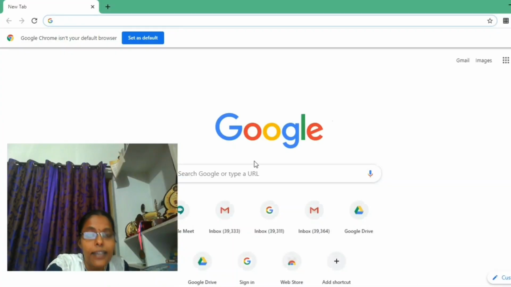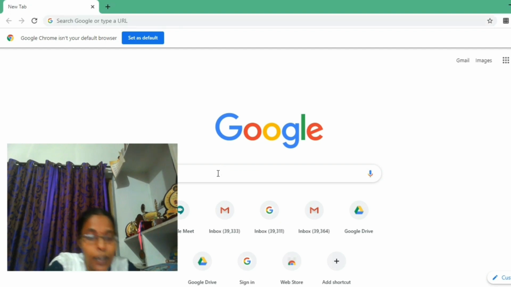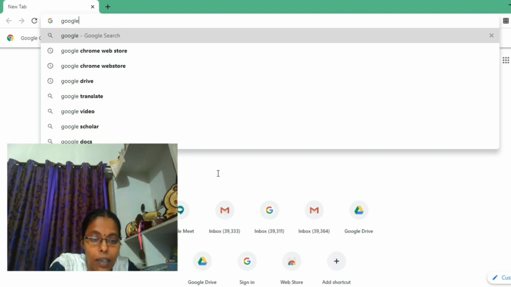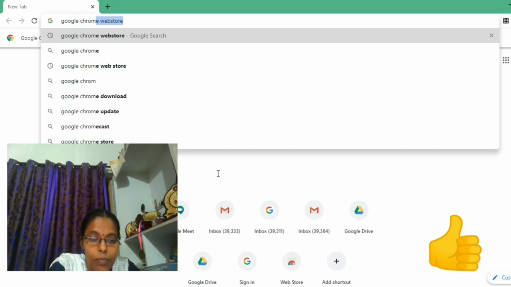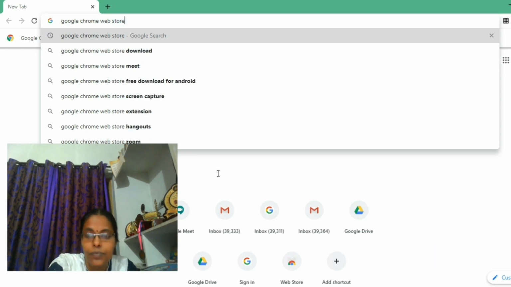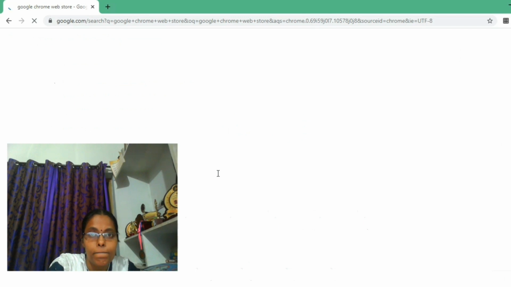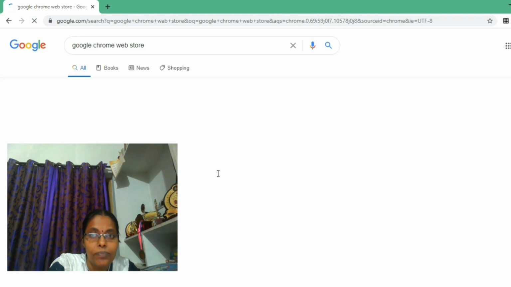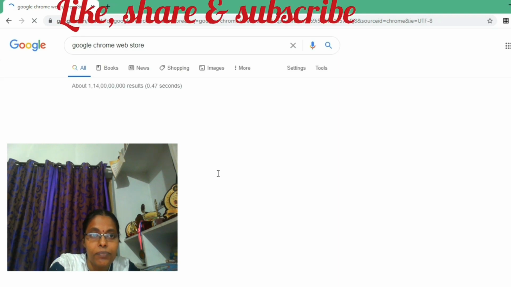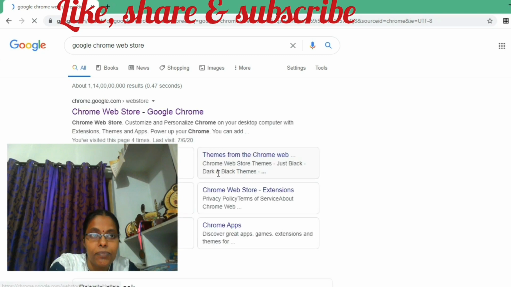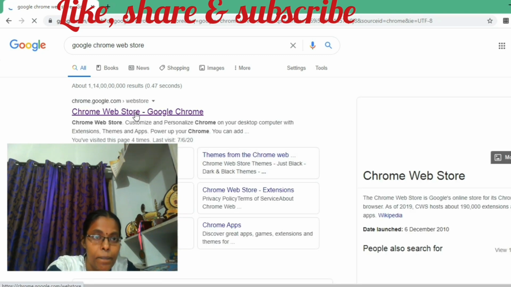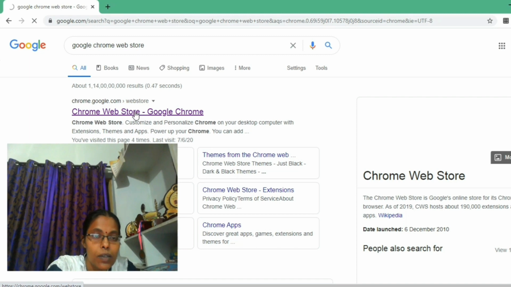So let's get started. Let's open Google Chrome. Here you can type Chrome Web Store. Yes, click on this Chrome Web Store.